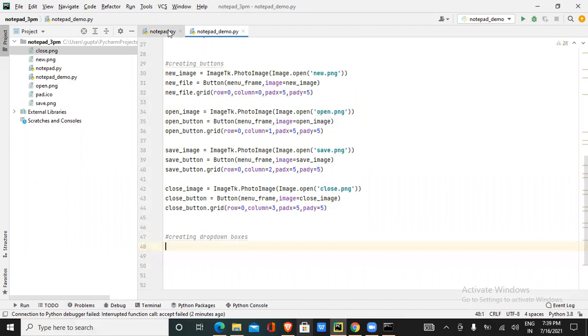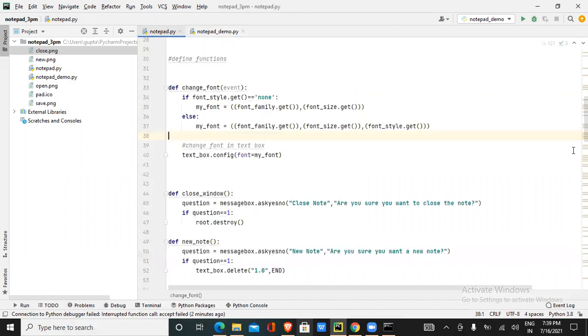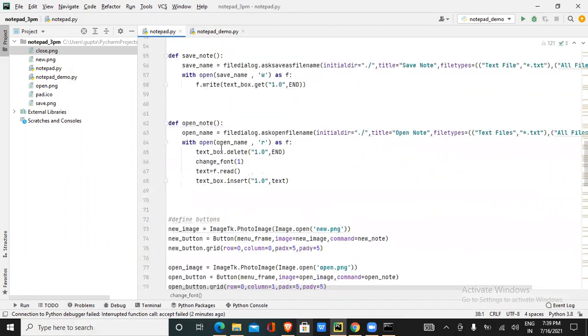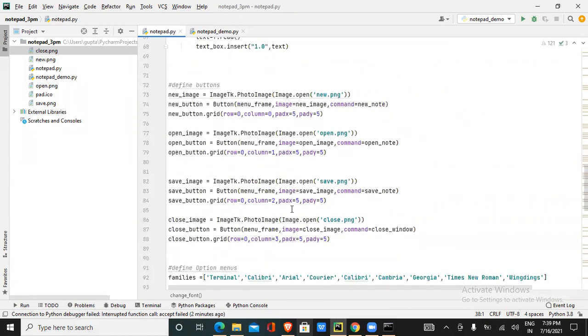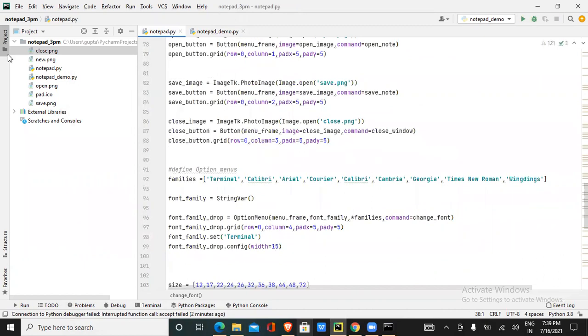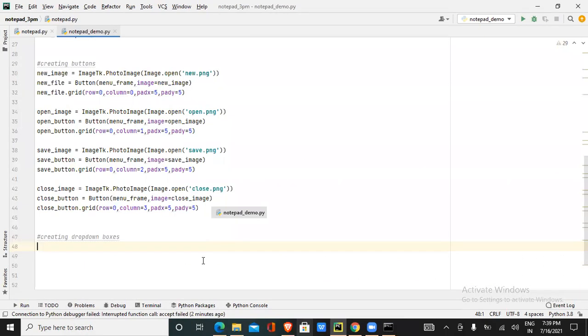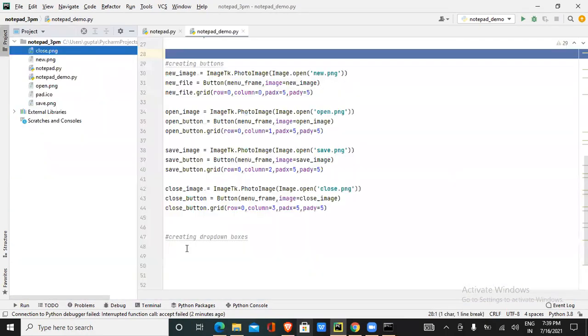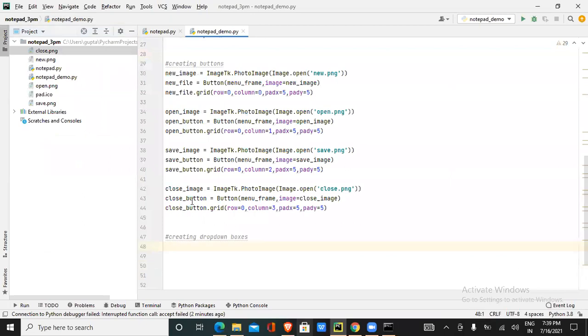I'll be copy pasting from the previous code because it will take some time and it's easy to understand. First of all, you should take a list.